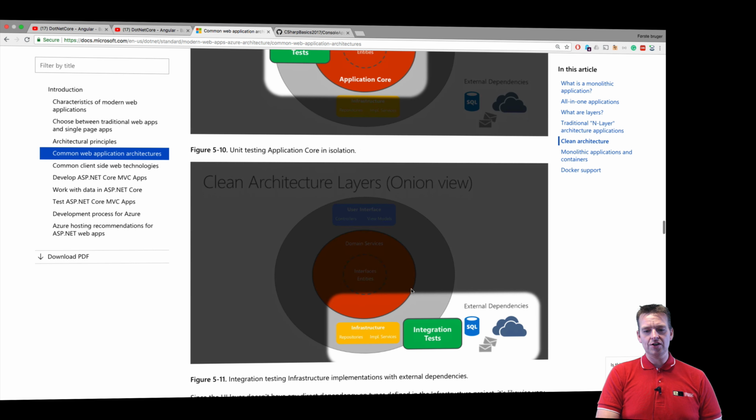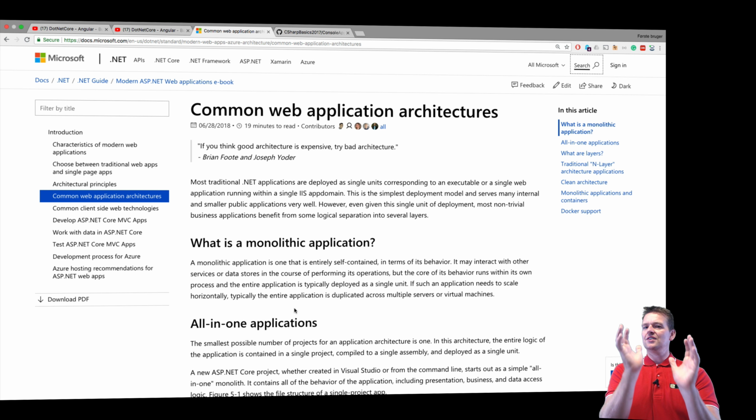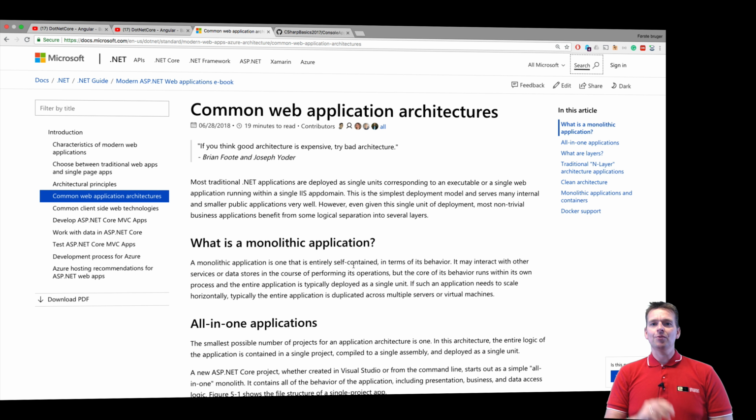They talk a bit about the infrastructure. Now, I encourage everybody to read this very, very simple page right here to get a deeper understanding of what I just talked about. Go in and read this. It's 20 minutes of your time and it's worth it. So before we show up in the next video, please go and read this,